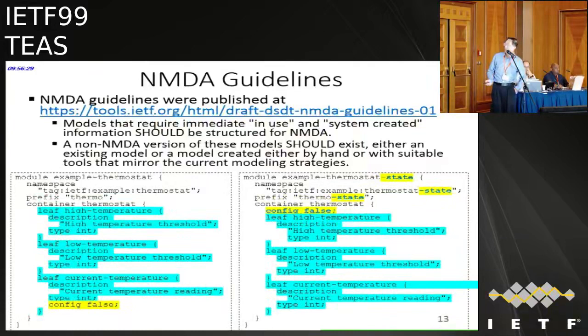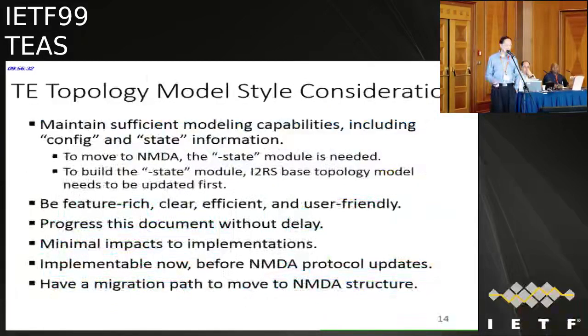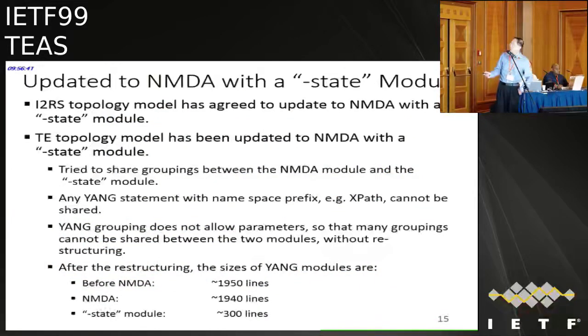But for our model, doing a change is not that simple. So we need to adjust our groupings, especially when we do the leaves. Whenever we have the XPath or leafrefs, those groupings will be broken. So we cannot share between the state model and the config model. So we readjusted the groupings and made some changes to the model. So eventually, we finished the